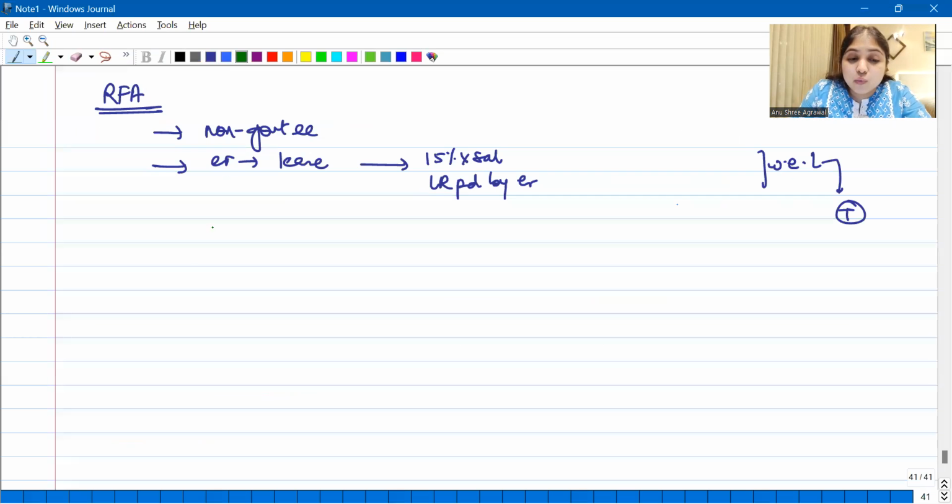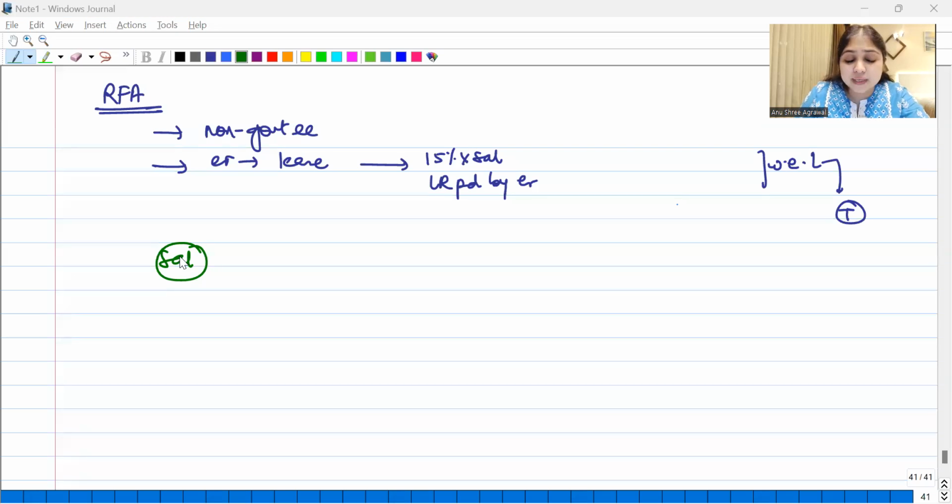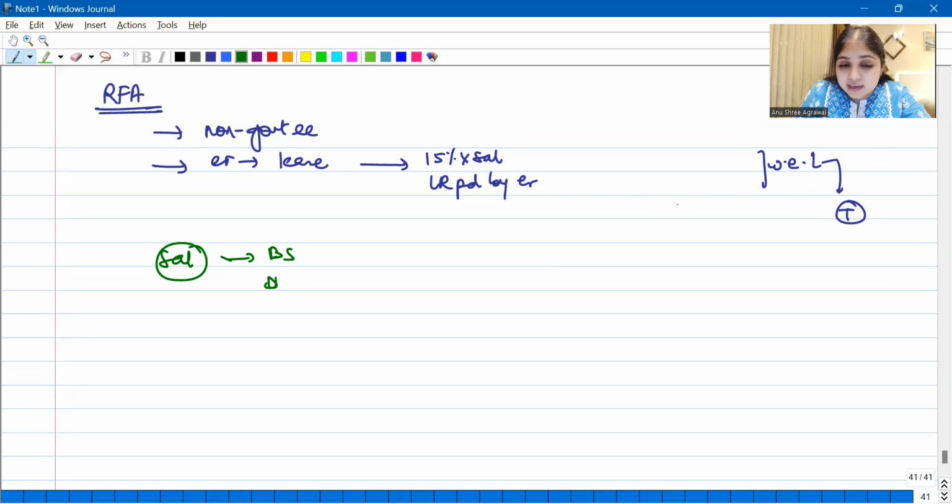Now tell me, if you want to calculate salary for RFA, how many components do you have in salary? Number 1, you have basic salary. Number 2, you have DA forming part. Number 3, commission, all commission. You will include all commission, whether turnover-based or not doesn't even matter. Then you will consider bonus, then fees, and then all taxable allowances.